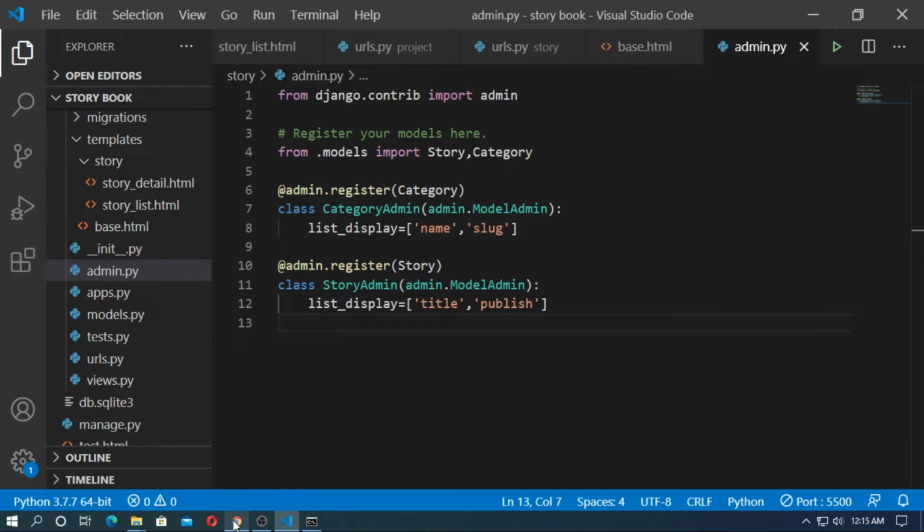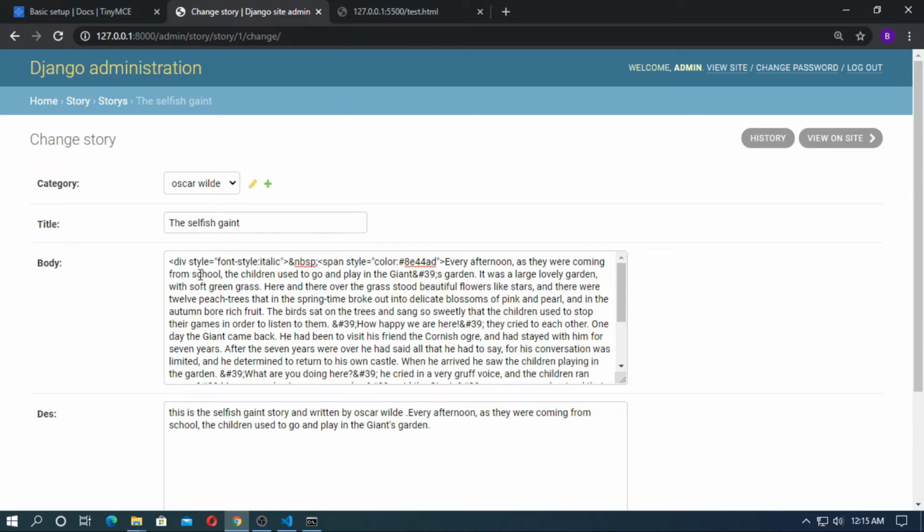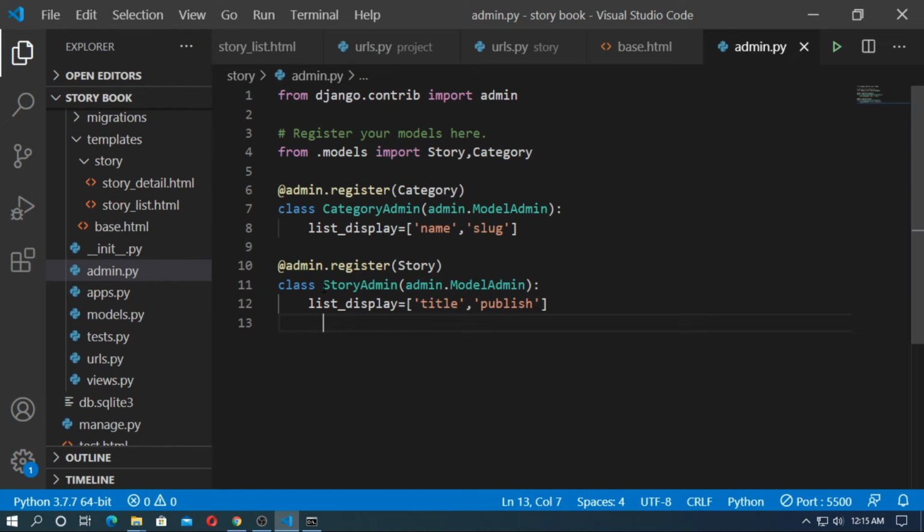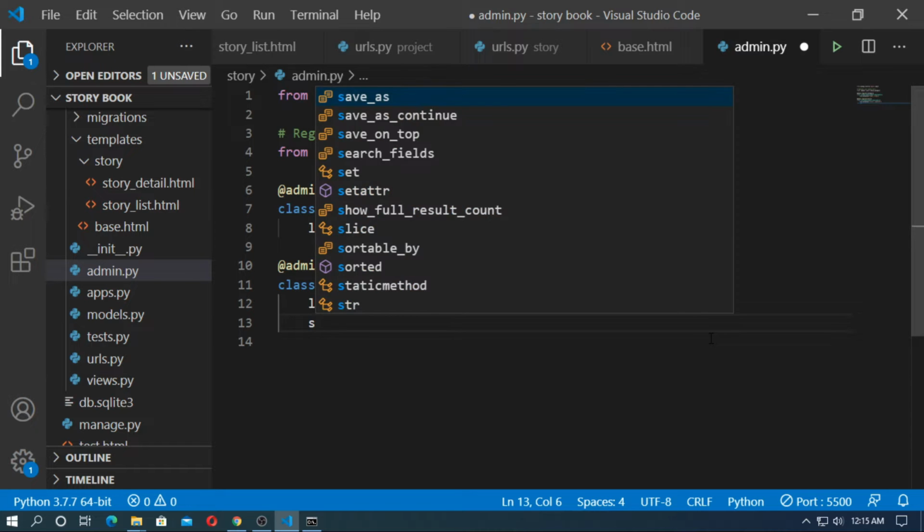So go to the admin in the browser, and you can see in the story model I just want to add the TinyMCE editor in the body field. Here is a class StoryAdmin and here is list_display. Before I add the rich text editor, I want to add the search fields.